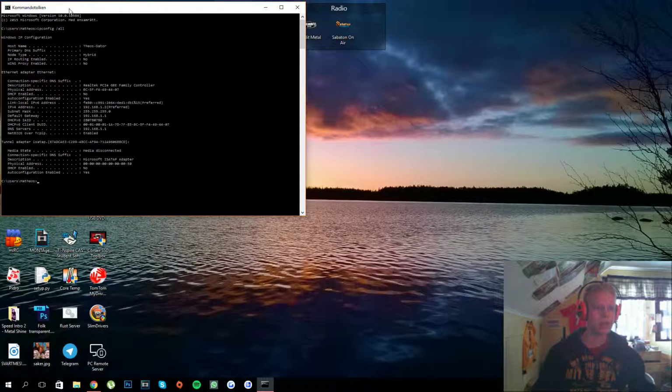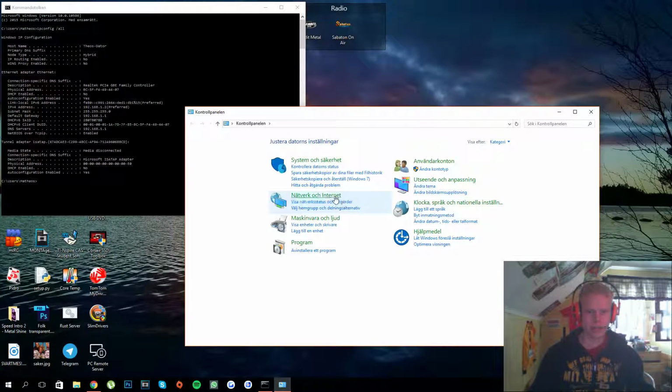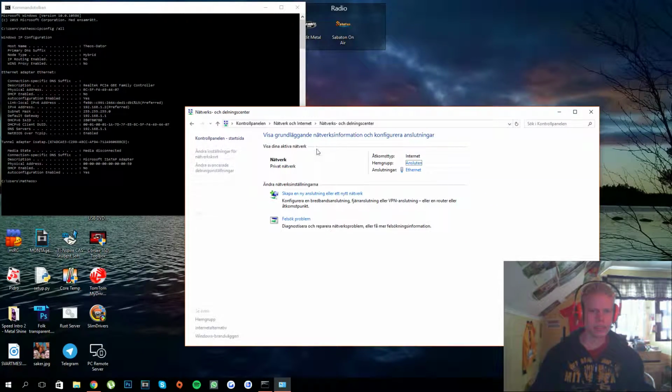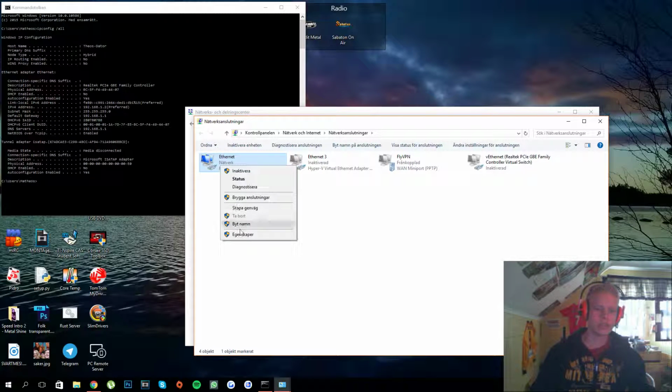So we'll leave that open here in the corner, and we'll go ahead and open up the control panel. And we'll go into Network and Internet, Network and Sharing Center, and Change adapter settings. And you'll see all your network adapters. I've disabled all of the ones that I don't use, so basically I only have one. The one glowing is the one you want to configure, and it will say Ethernet or wireless or something. I'm not really sure what it says if you have wireless, but anyway, as you see here, the name is the same and everything. So let's right click and go to properties,